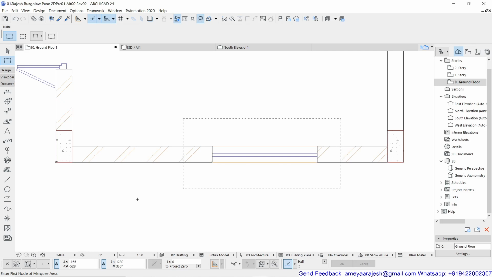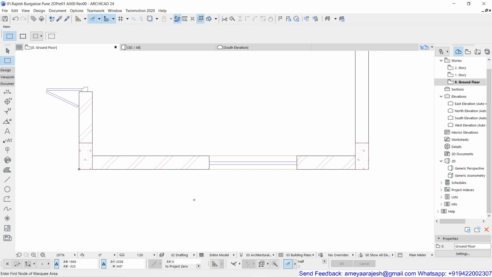So please try this. At the end, you can use the escape key to remove your marquee area. So this was altogether how to use the stretch command at the basic first level. In future, we will study the stretch command again when we work with the advanced object.